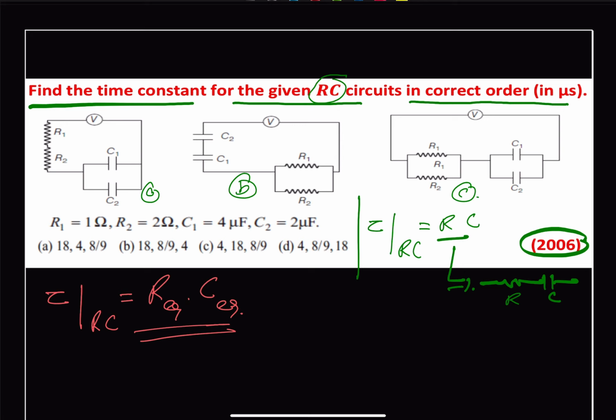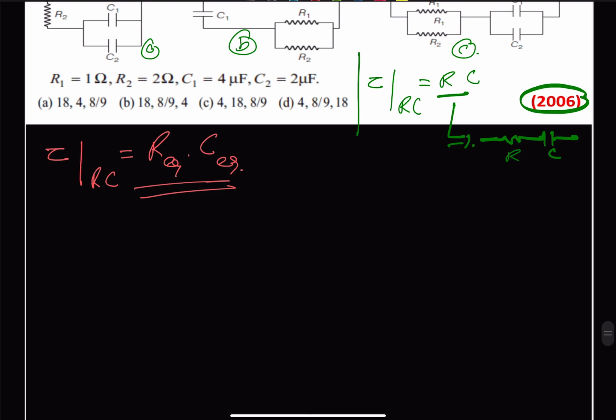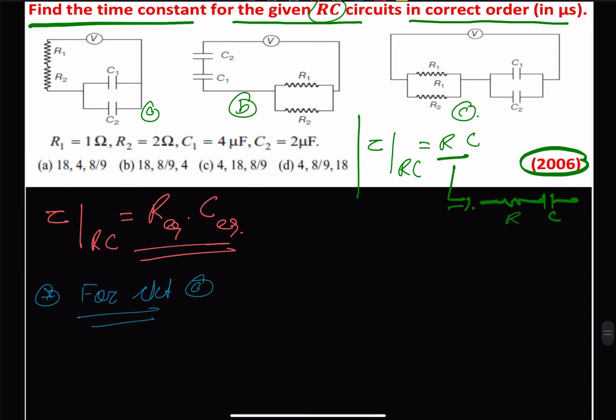And in order to find this time constant, one of the basic steps is that we have to short circuit, first of all, the voltage source. So for circuit A, if we short circuit the voltage source,